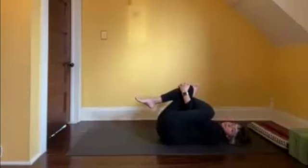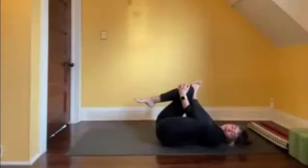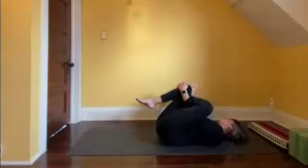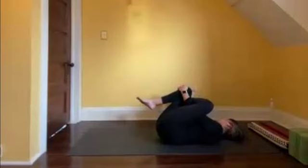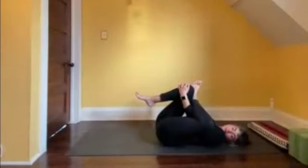Shift to the left. Find your breath. Maybe you also make some inadvertent noises. Back through the center, slide over to the right. Find your edge, breathe there. And back through the center, and once again to the left. Back in the center,